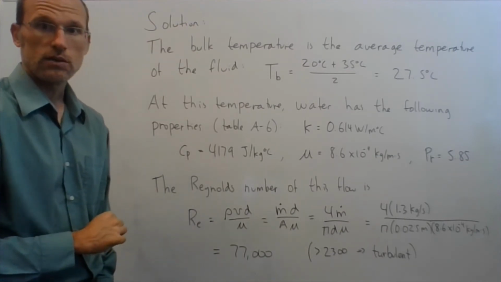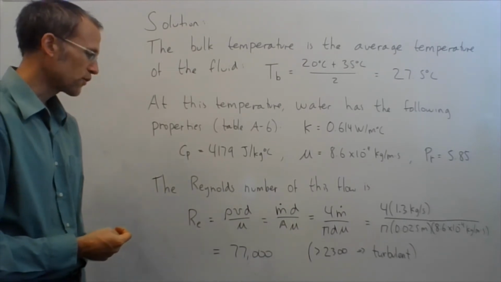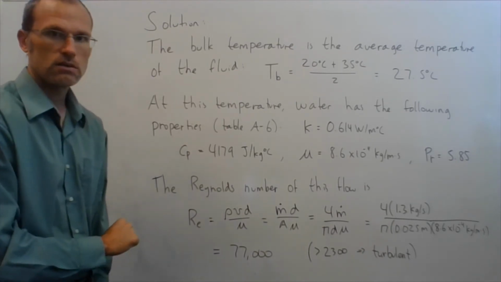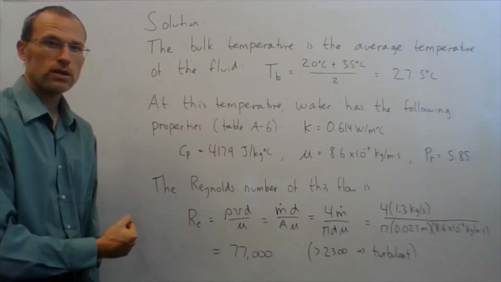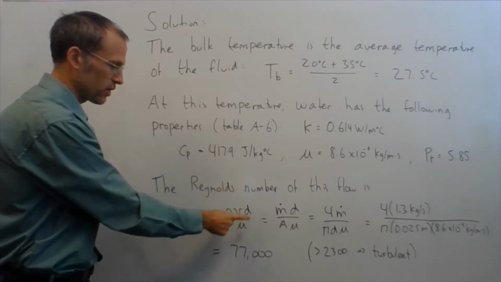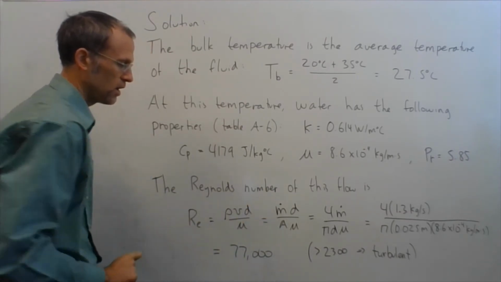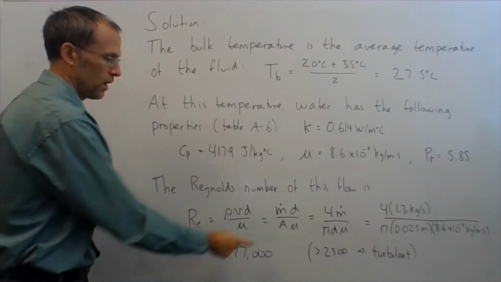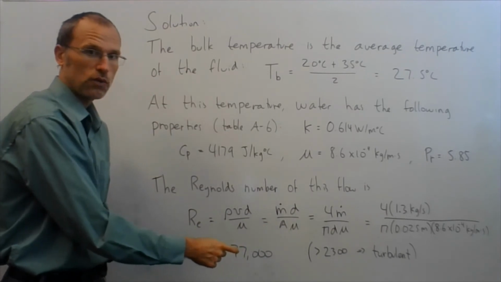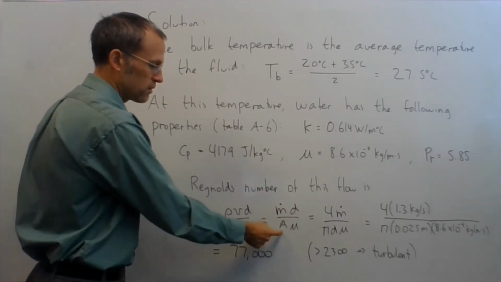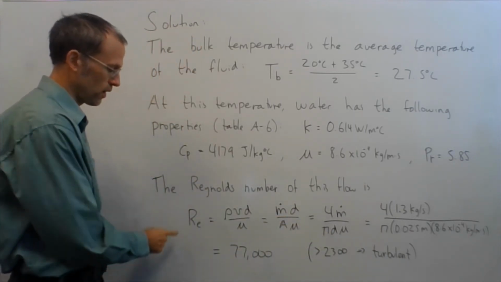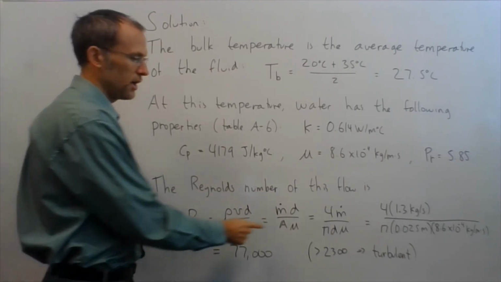And then next thing to do is find the Reynolds number. So Reynolds number for this flow, rho VD over mu. Now we're not given velocities, instead we're given a mass flow rate. So mass flow rate is the same thing as density times velocity times area. I don't have an area here, so I put an area in the bottom, and then density, velocity become mass flow rate over area, and diameter over mu stay there. And then area is just pi d squared over 4 for my circular pipe. So one of those d's cancels, and left the pi on the bottom, 4 comes on top, and 1 diameter left on the bottom. So another version of the Reynolds number dealing with mass flow rate is 4 m dot